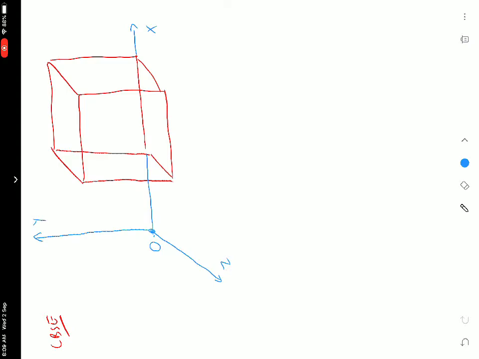And the cube is located at a distance a from the origin along the x axis, and the length of the cube is a. So you have a cubical surface here. The side of the cube is a and it is at a distance a from the origin along the x axis. I think you can see the diagram. Have all of you completed the diagram with X, Y, Z axes marked? Yes or no?